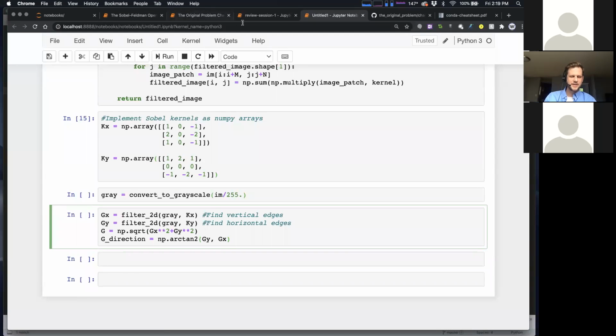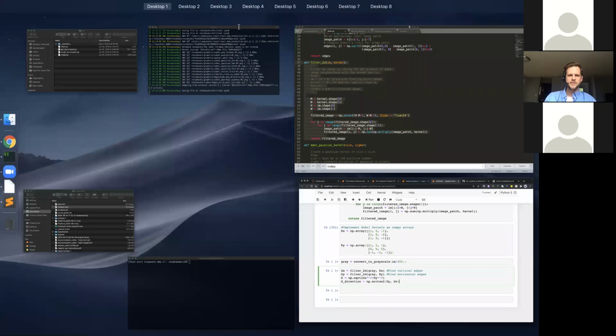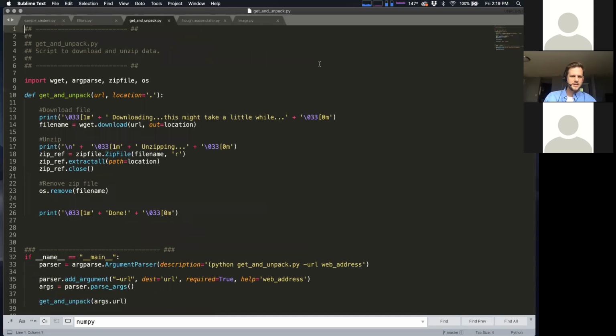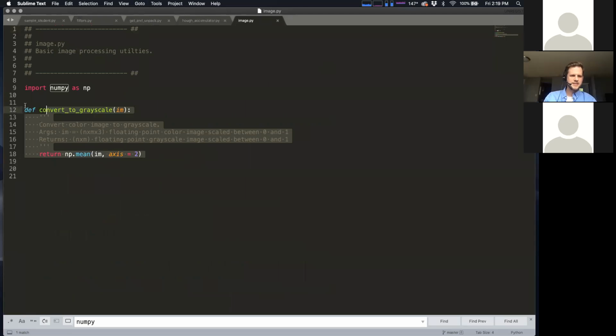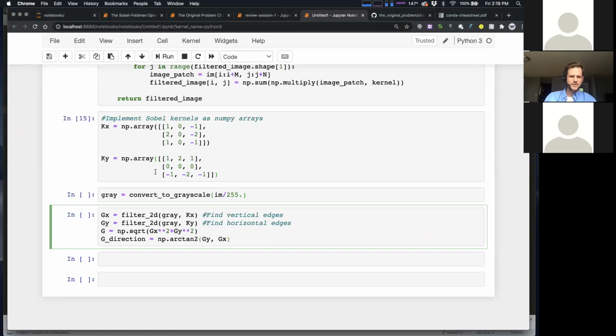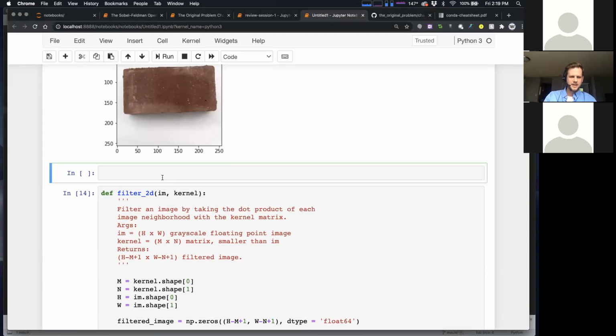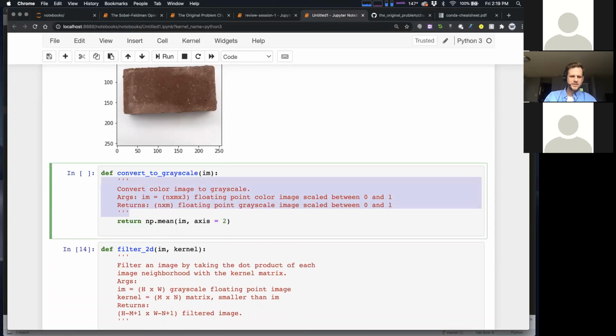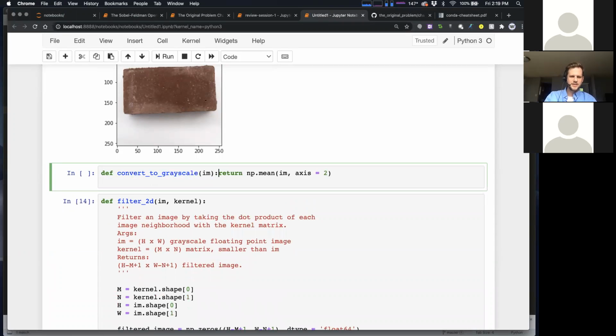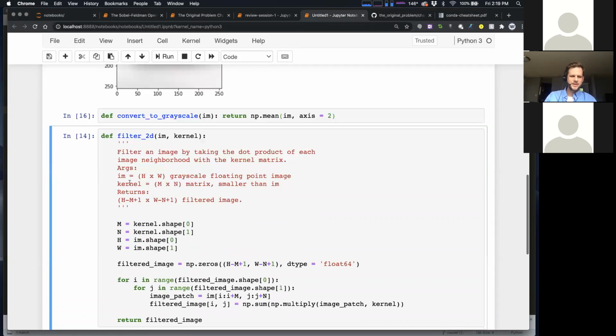Yeah, I think that's fine. The other thing I want to grab real quick is my convert to grayscale method, which I could really do in one line of code, so I might just make a streamlined version of this real quick. I'm going to make just a little streamlined version that takes up less space. I'm going to do it all in one line. There we go. Cool. So we've got convert to grayscale.